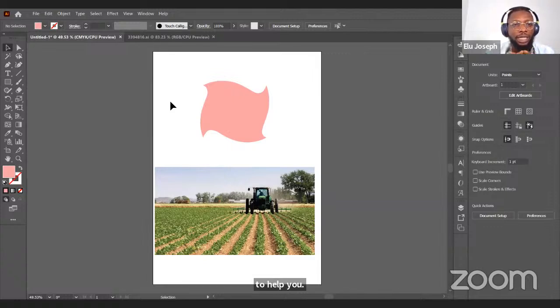Images play a major role in designs, and they're very important. For that purpose, it is expedient to decide what kind of image to use for your design. Also, quality is a very important factor, because if your image is blurry, it sends a different message. But if it's as clear as possible, then your message is crisp. And I said editing images involves cropping, resizing, removing unwanted things from the image,